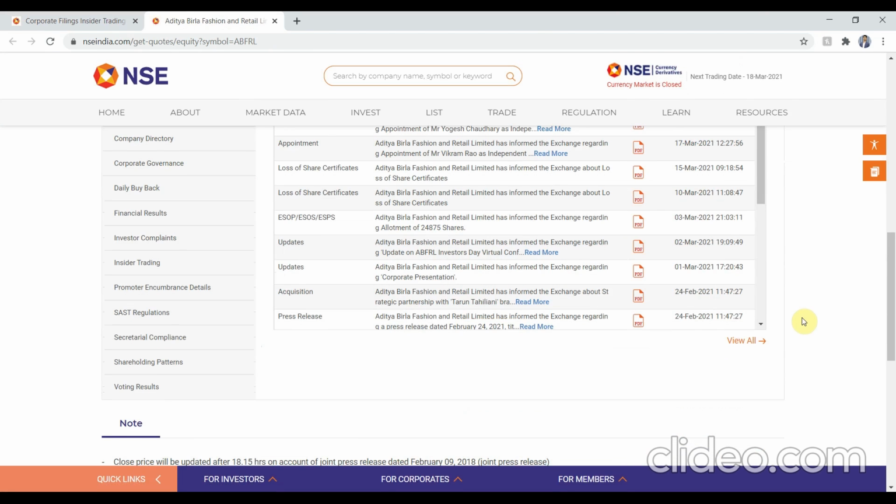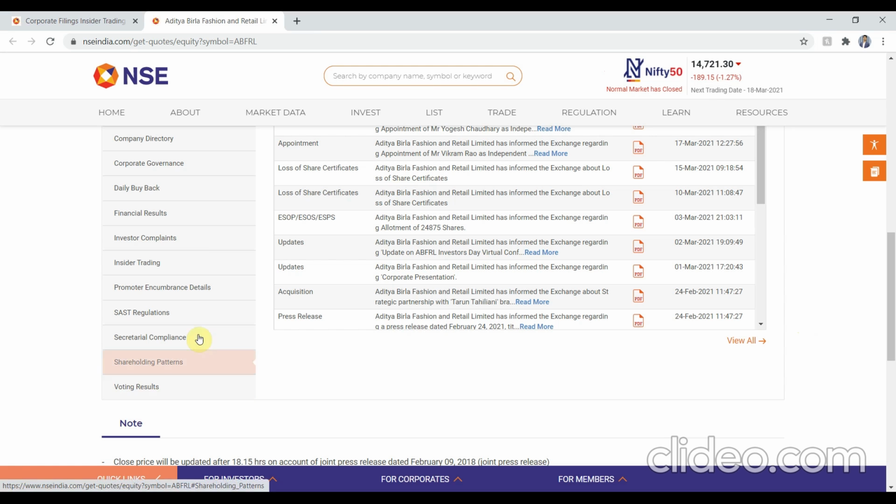Now, we will be checking 4 criteria. The first criteria would be on the shareholding pattern. The shareholding of promoters or promoter groups should be greater than 50%. Second one would be SAST regulations. And the SAST regulation will check whether or not any mutual fund or any institutional investor or any promoter or promoter groups have sold the stock in the last 6 months, and that would be 17th of September 2020. There should not be any selling by any of the names I stated in the last 6 months. If there is any selling, then we have to discard that particular stock.